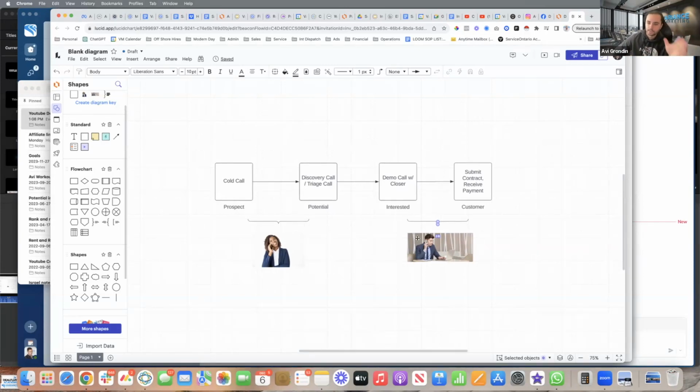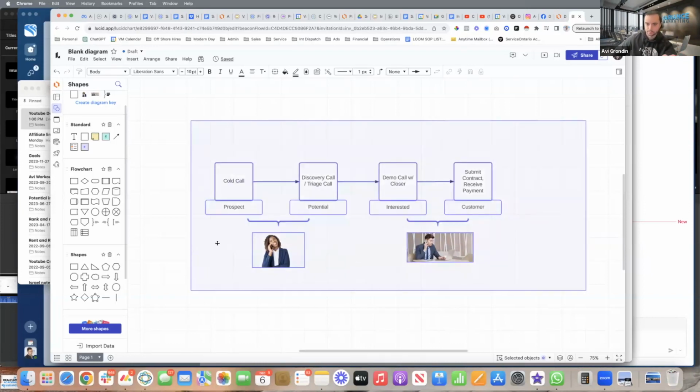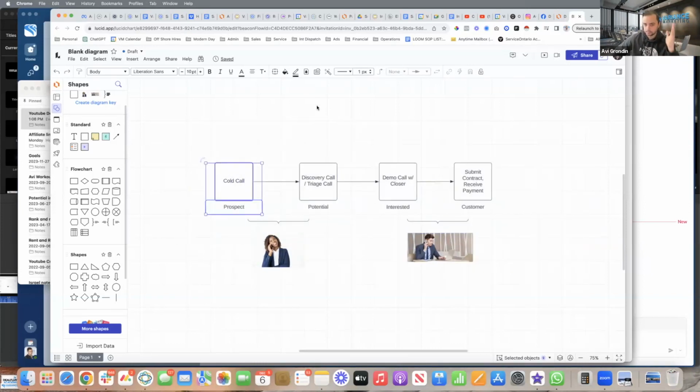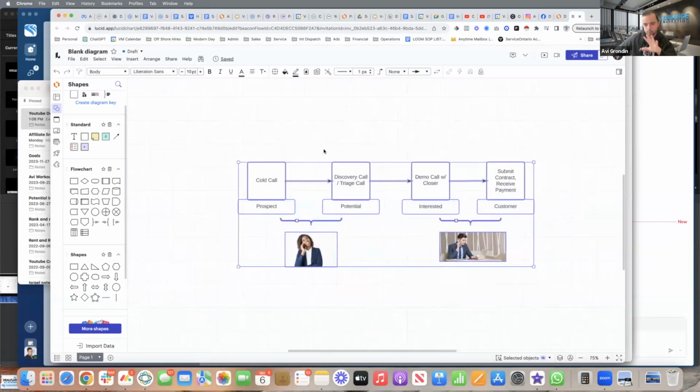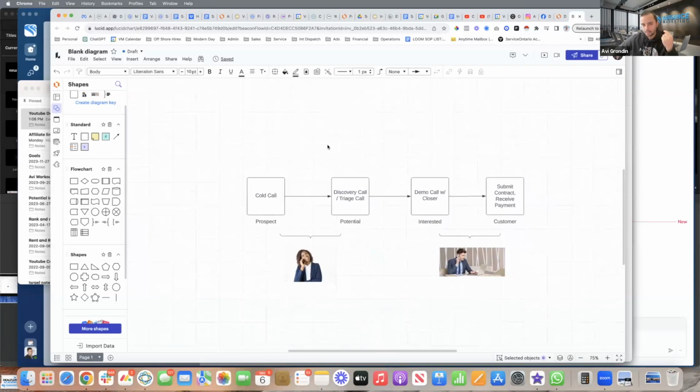Now, from there, once this is established, and remember, you need scripts for the cold calls, you need scripts for the triage calls, you need scripts for the demo calls and demo decks and a bunch of sales assets. You also need contracts and things like that. But once all that stuff's there and this is working like a well-oiled machine, then you look at the stats